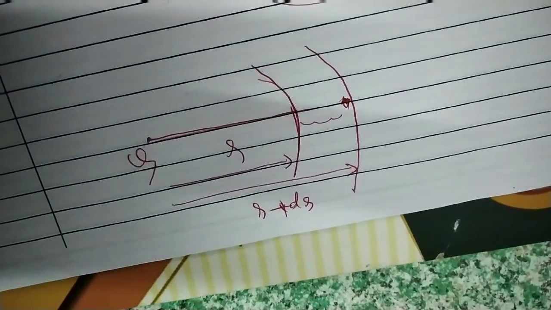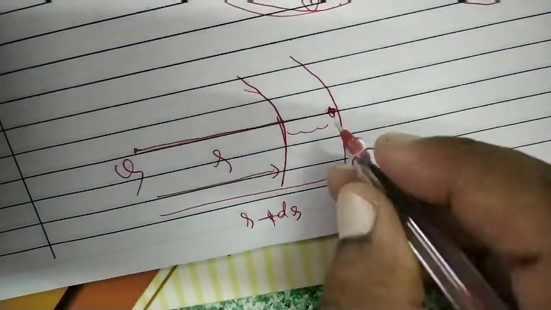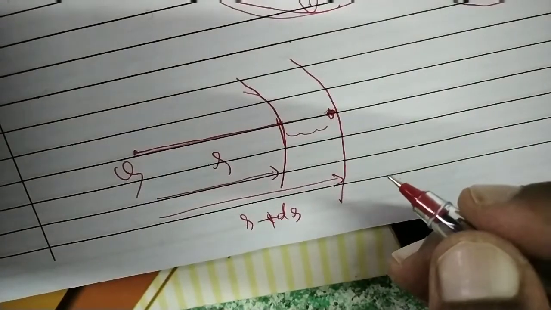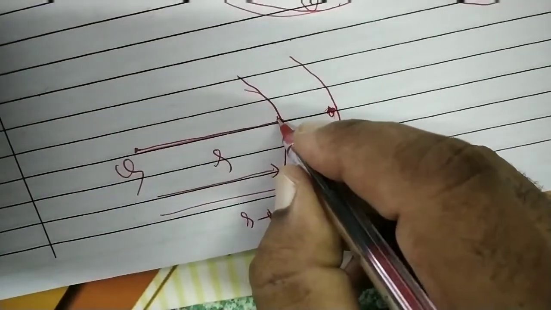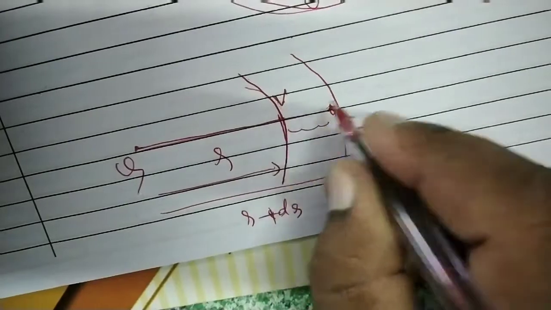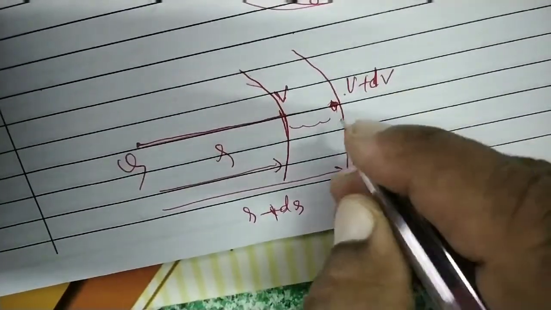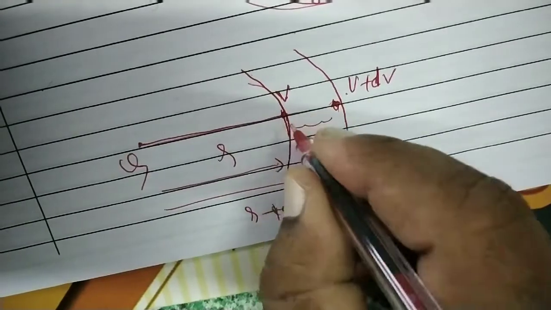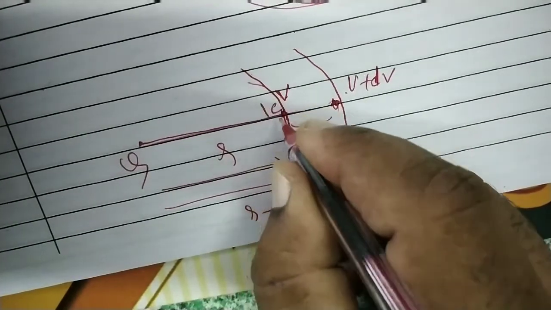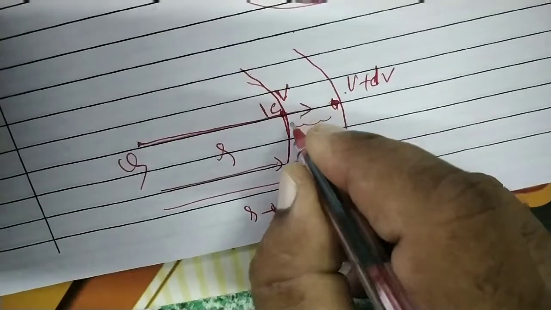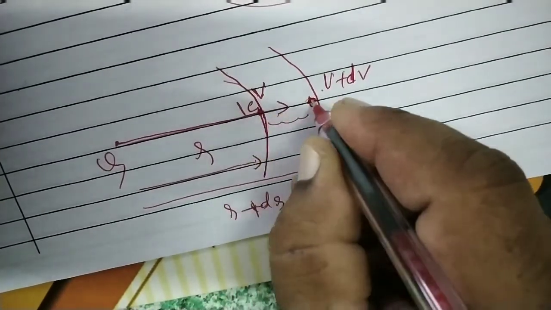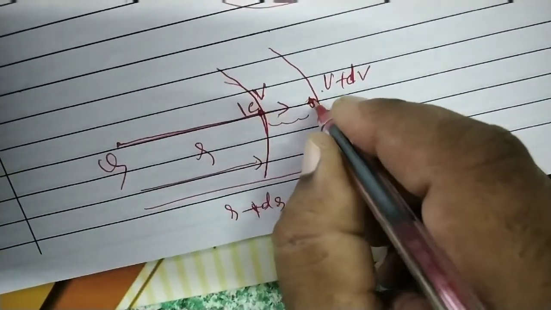One sphere has radius r, another sphere has radius r plus dr. Here the potential is V, here the potential is V plus dV. Then we know, if you imagine 1 coulomb charge here, how much work has to be done to take this 1 coulomb charge from here to there? That is equal to final